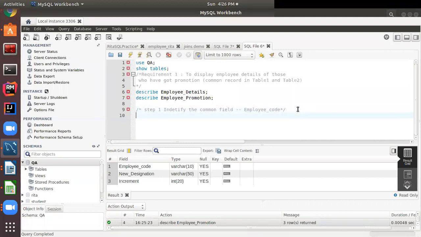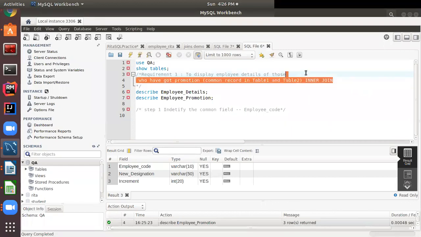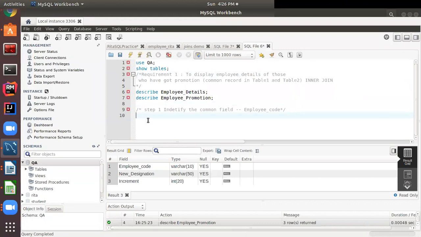Now let's come back to the structure of the query. We are going to use inner join, so this is the requirement related to inner join. An inner join can be established using the keyword inner join with the select query. First is select.